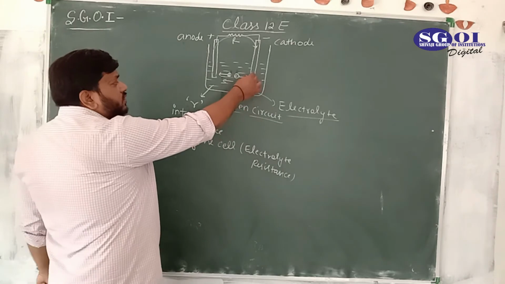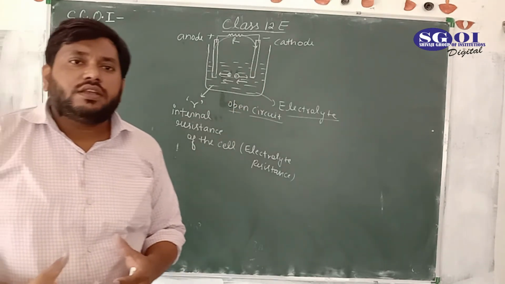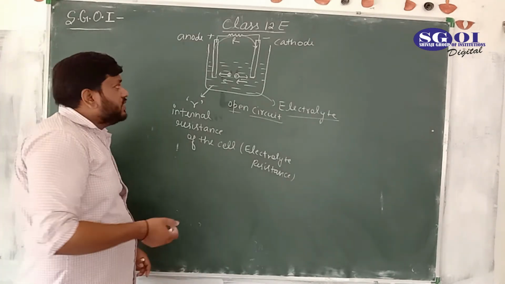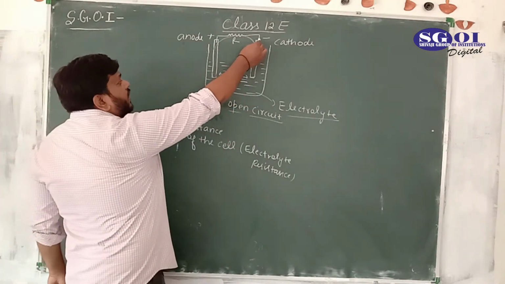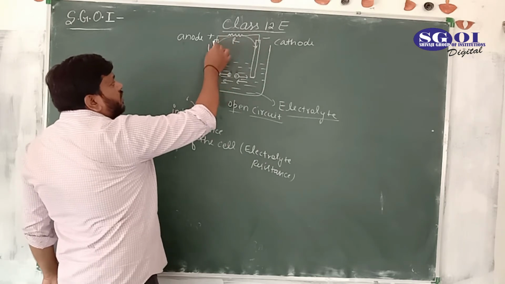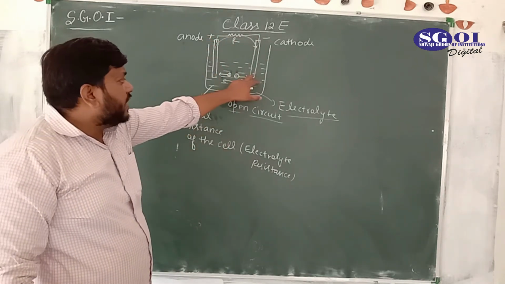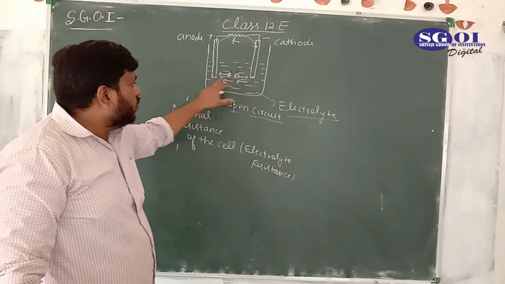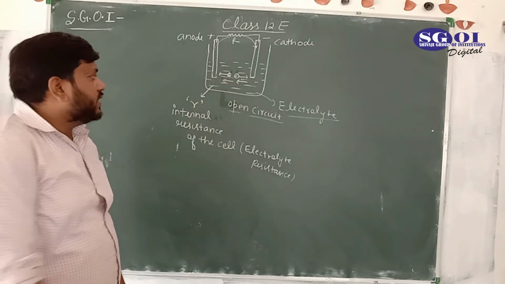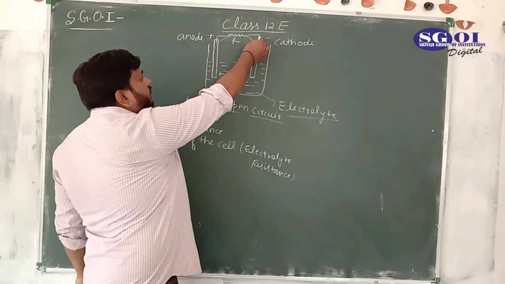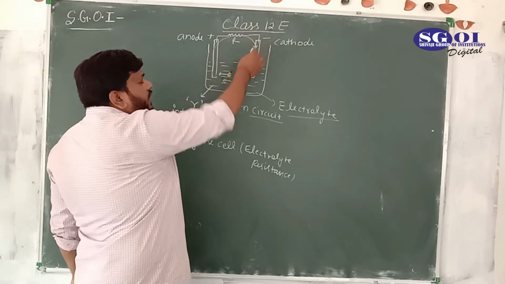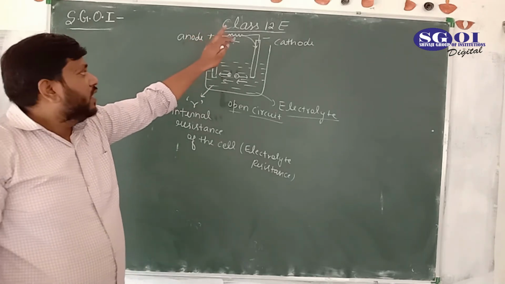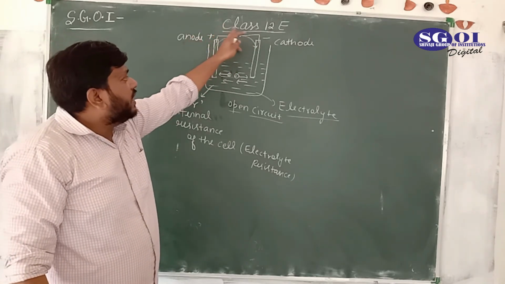And these excess electrons actually want to reach again from where the deficiency is. So for that I have connected these two plates by a metallic wire, because electrons cannot move from here to here, because this is not a metallic path. Electrons cannot move here; only ions can move, which are moving also. So for the motion of electrons, we have just connected a metallic wire. We have provided a path for the electron motion, and electrons started moving from here to here. And as electrons are moving here, current is moving like this.